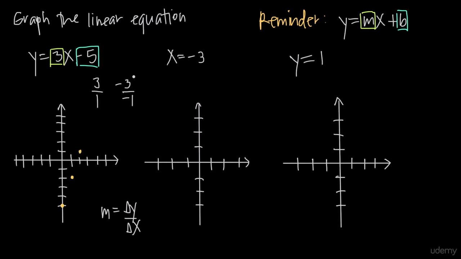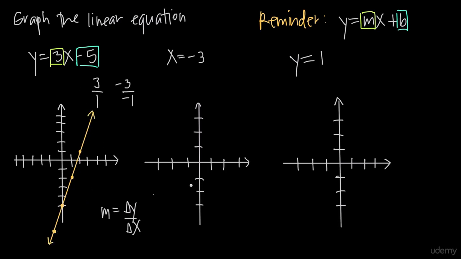We can also use the fact that positive 3 is equal to negative 3 over negative 1 to say that we can go in the negative direction of the y-axis 3 units and then in the negative direction of the x-axis 1 unit. So that would be down 3, which would be about 1, 2, 3, and then over 1 about right here. So we could keep going in that direction also. So you can see we have enough points now, and we can go ahead and sketch the graph of the line, which will look something like this, and say that that is the graph of the line y equals 3x